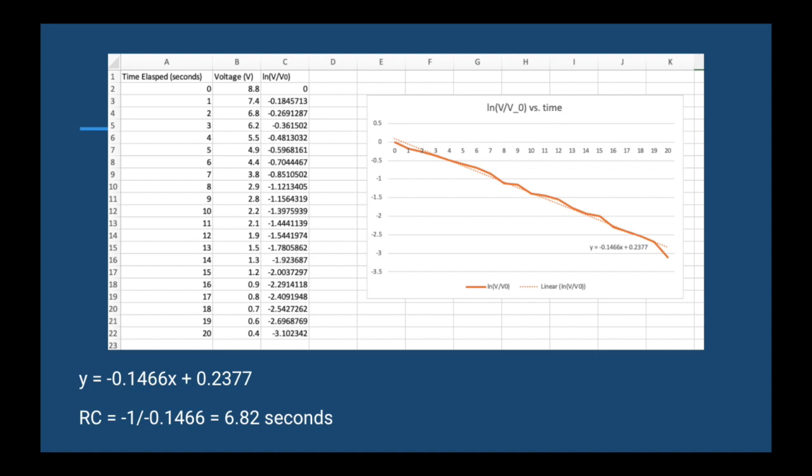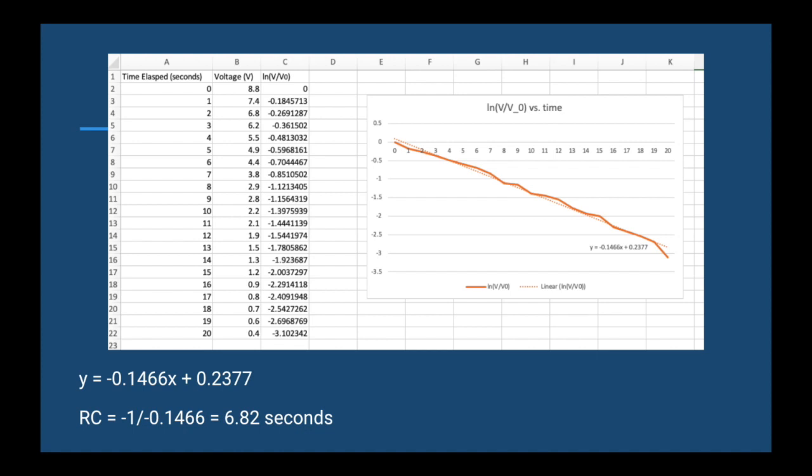Finally, I wanted to observe the time-dependent voltage across a discharging capacitor. To do this, I measured the potential difference and took the natural log of the current voltage divided by the initial voltage, which is equal to negative t over RC, where RC is the time constant. On the right, you can see that the line is fairly linear in the negative direction. I found the slope to be negative 0.01466x. I was then able to find the time constant by dividing -1 by that slope